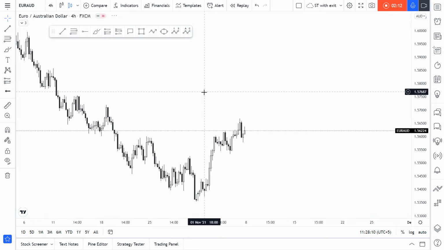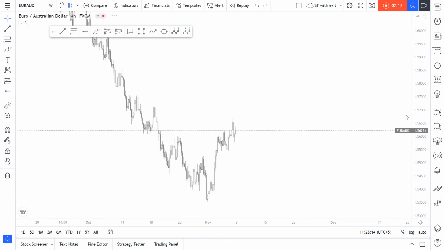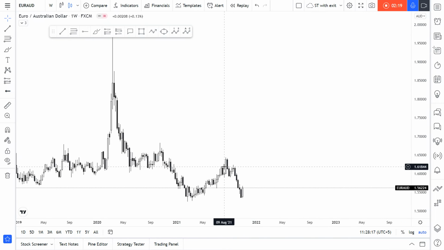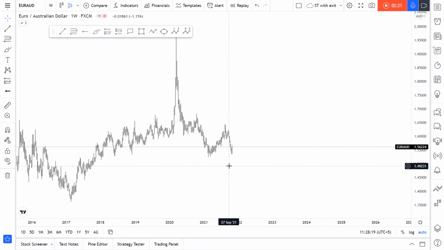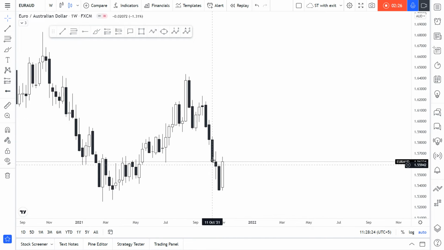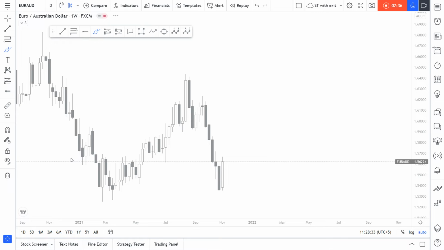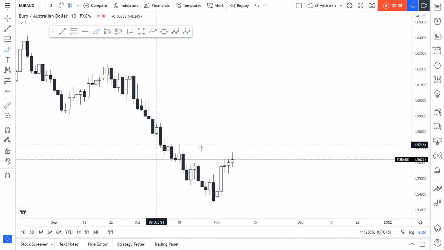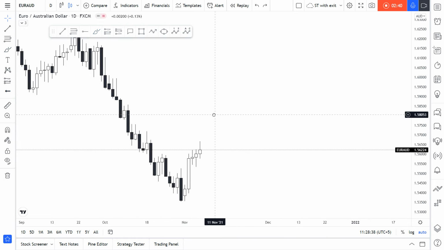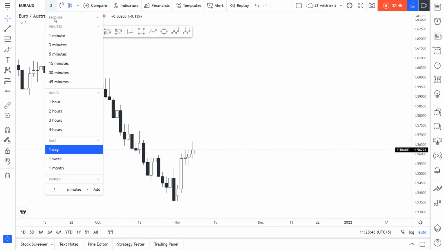Moving to the EURAUD, I guess here we got almost the same situation as on GBPAUD. As you can see, on EURAUD we actually got an engulfing pattern, which means that we can go somewhere here and then pump up in the coming week. On the daily time frame, we got a kind of minor break of structure